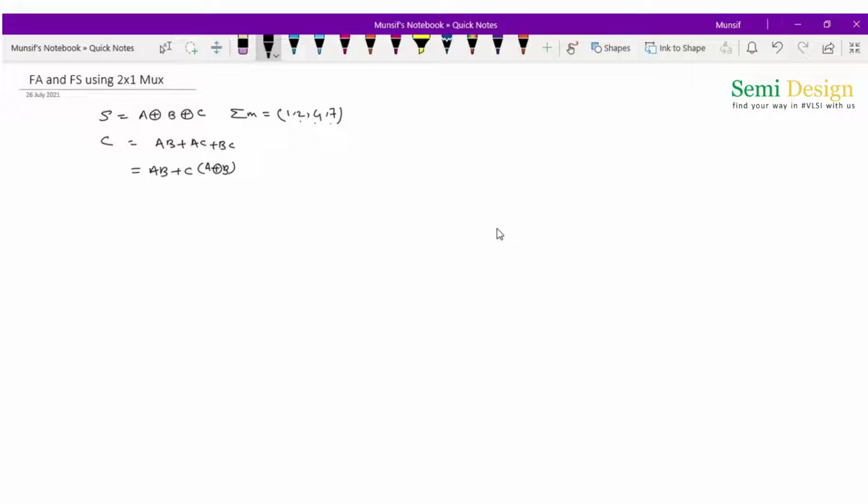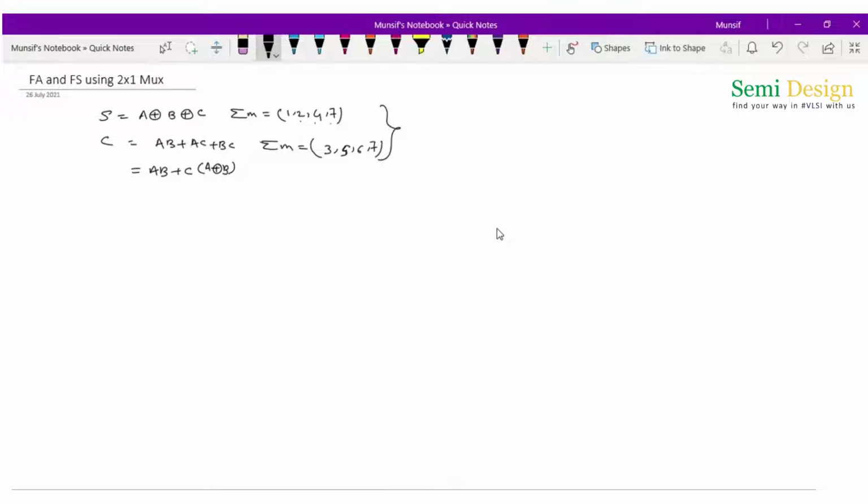Now the SOP for carry is sum of m, 3 5 6 7. Let me repeat, 3 5 6 7. You just need to remember these two, the SOP of sum and carry, so that you can easily